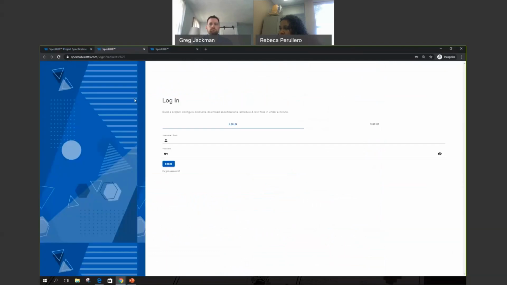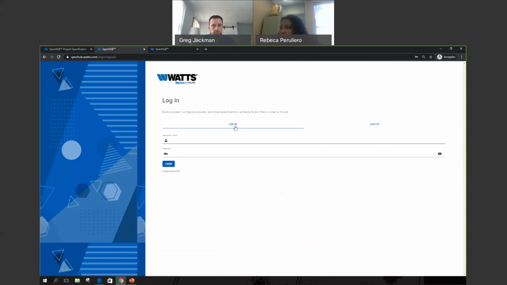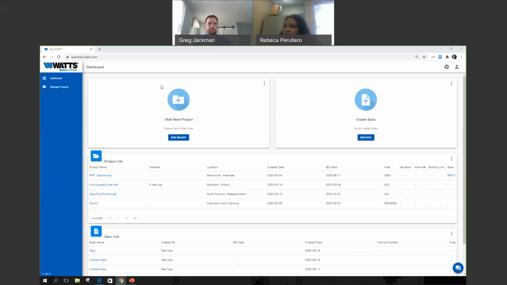And in order to finish up that part 2, you'll have to click Sign Up and sign up for a free account. If you already have an account, then you can simply click Login and put in your email address and your password, or click Forget Password if you know you have an account, but you just can't remember what it is. For the sake of this presentation, I'm already logged in, and when you log in, this is what your